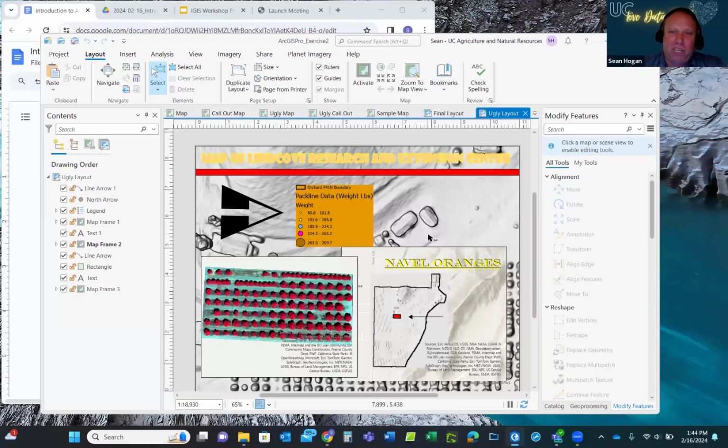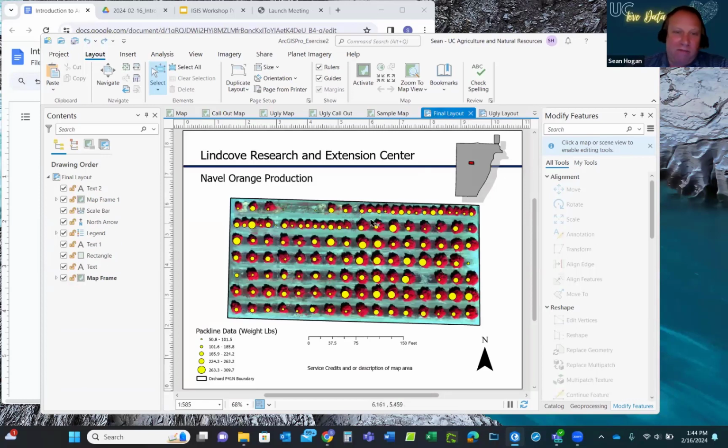And that's usually the objective of most maps, is to send some form of a message, whether it's data results or for reference, you name it. You want to have the most important things pop out. In this case, you can see that we want to have this field, and in this case, the pack line data, which we'll explain a little bit later, what the weight of navel oranges are from each of these trees. And sometimes with a call out, this is called up on the top right-hand corner for reference. All of that we'll show you how to do, as well as adding in all of these other data or